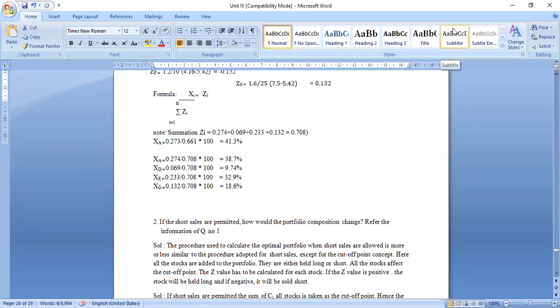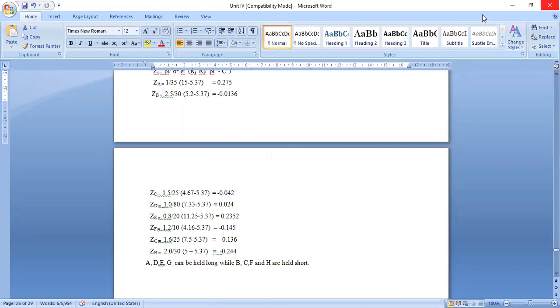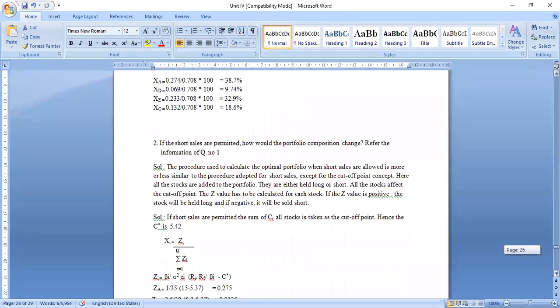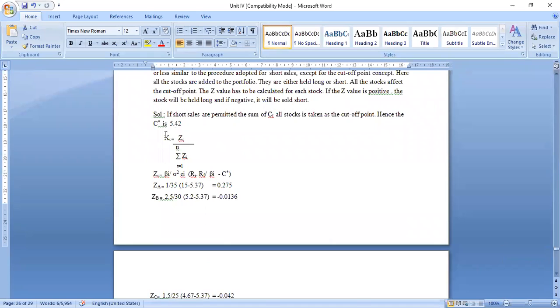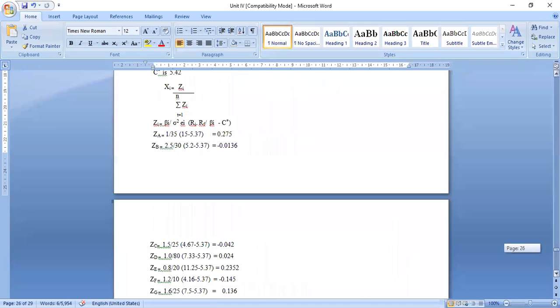So I hope I made it clear. If you still have not understood, you can just put that into the chat box so that we will move ahead. So I hope you have followed. All the calculation will remain same. Now we will just look at the calculation here for proportion of investment, where we are going to calculate for all the securities. Now how are we going to draw the conclusion?